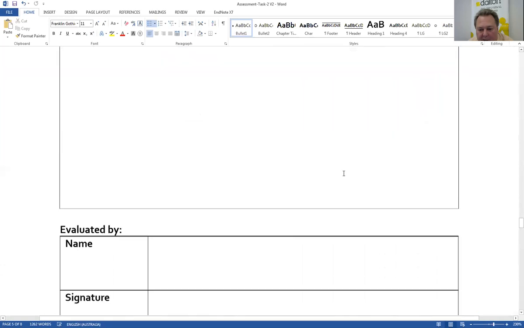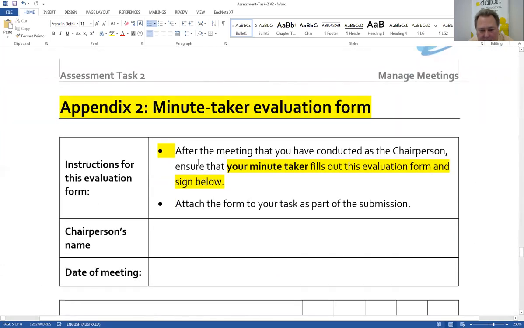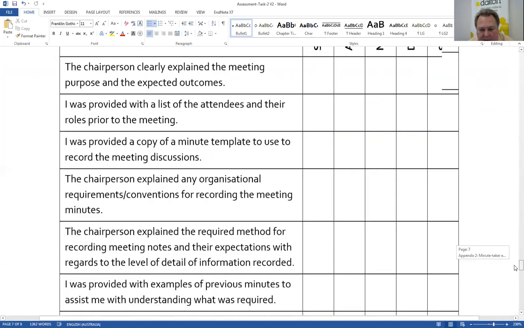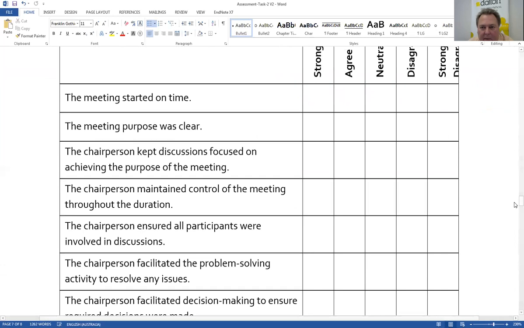scroll down. It is only now the minute taker fills out this form here. So highlight this section in yellow and highlight here. Your minute taker fills out this evaluation form, and it goes through and checks the appropriate boxes, according to their opinions. And if I go back to the other documents, keep in mind